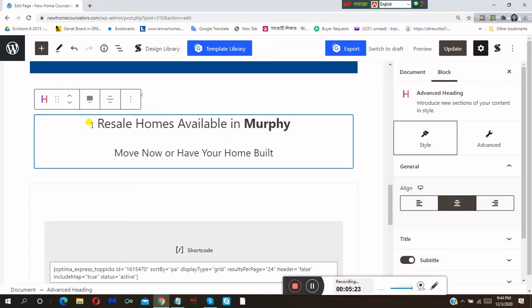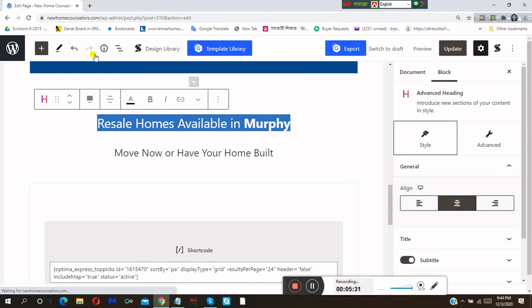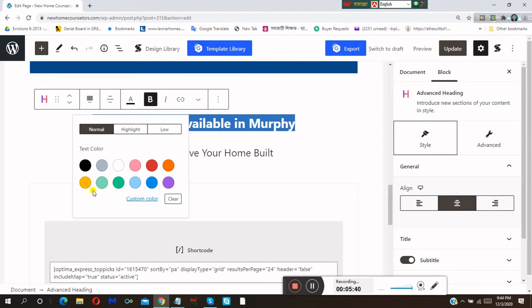You should drag the letter, that means select the text, and you should make it bold. Then you should change the color. I will change the color yellow,